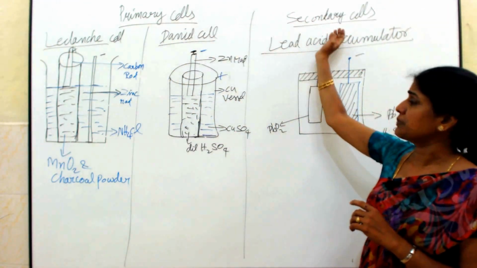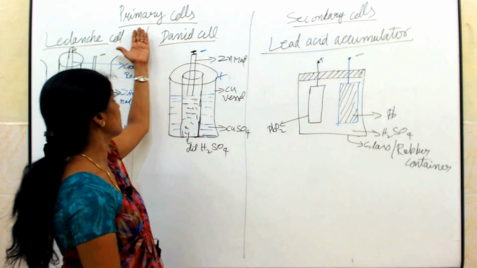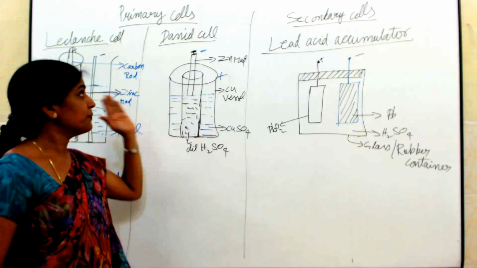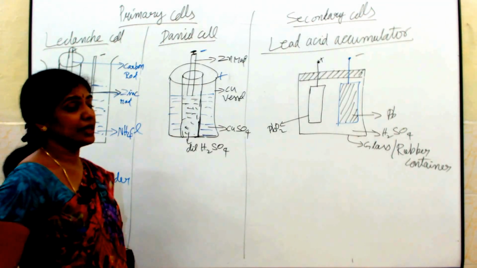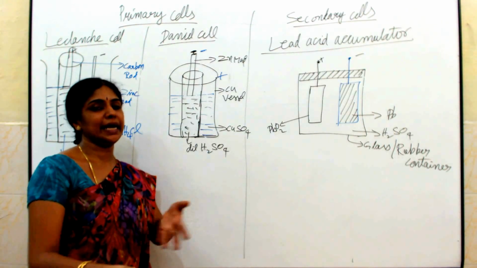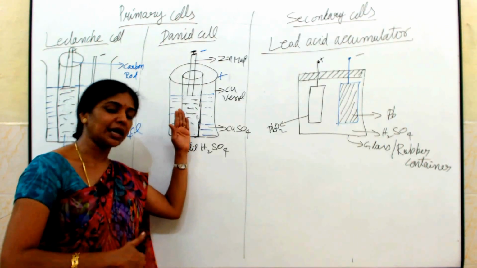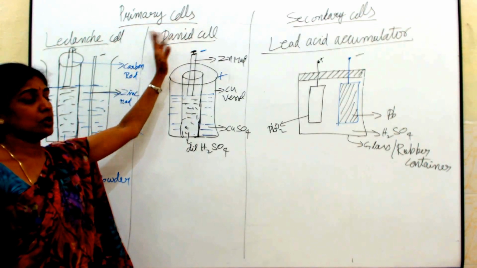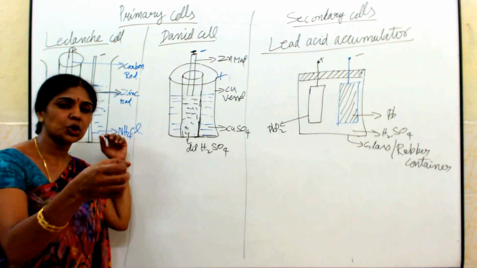If you see the major difference between the primary and secondary cells, the word itself tells you it's a primary cell. It is used only one time. That means here the chemical reactions are irreversible. In a primary cell the chemical reactions are irreversible. It cannot be recharged again and again. That is the meaning of it. Once the electrolyte is used, I can't get back the active materials again. That is the main point in the primary cells. Once I use this electrolyte, I want to prepare a fresh electrolyte for drawing current from it.